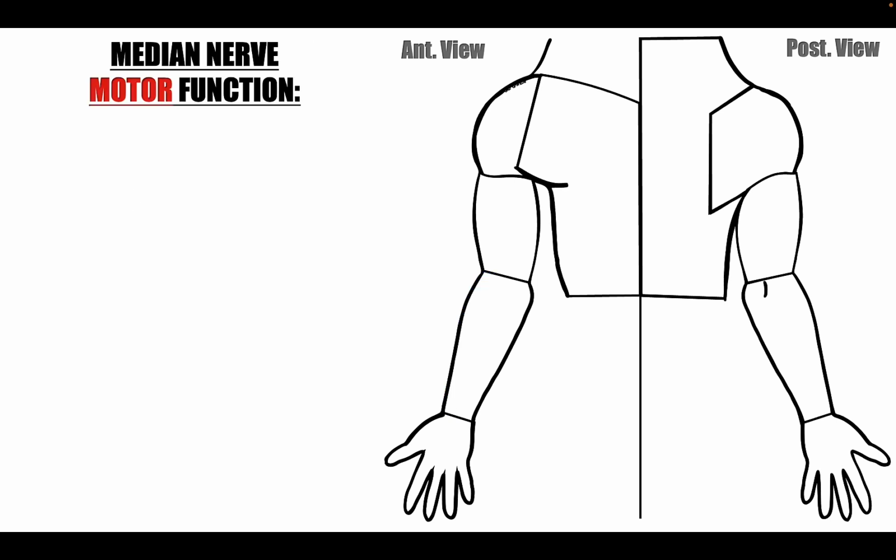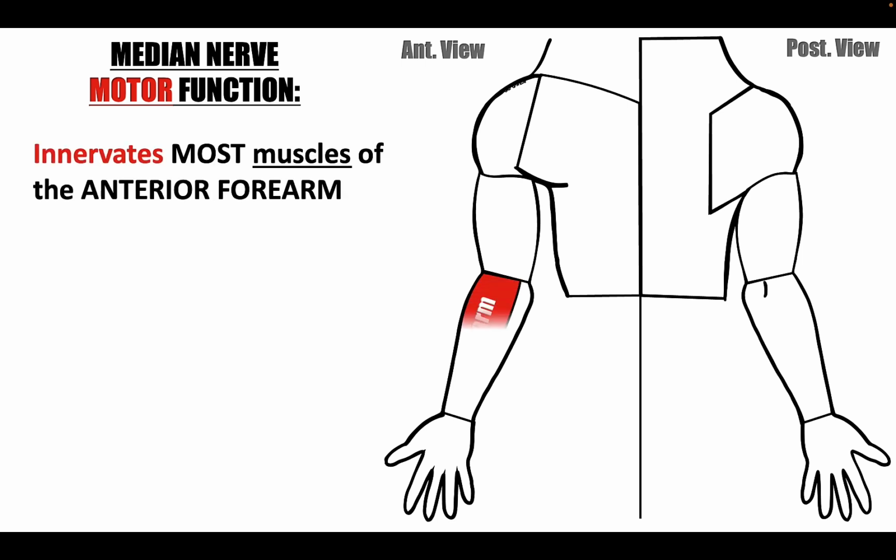Next one, median nerve, motor function. Well, we know it doesn't do anything in the anterior arm because that's been taken care of. So median nerve innervates most, not all, but most of the anterior forearm compartment muscles. All but 1.5. So median nerve is a great guess when in lab and any muscle is tagged in this area. The stats are with you, and your chances of getting the correct innervation increase when you learn the exception